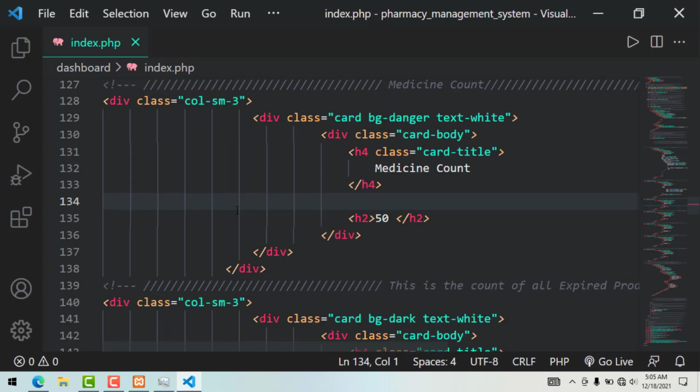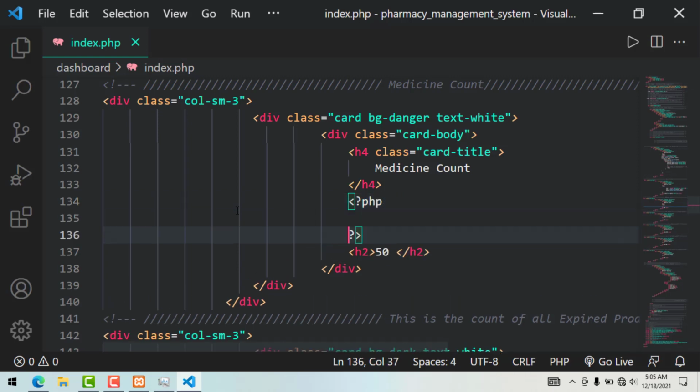So again, for that we write the PHP opening and closing tags. So PHP, and first of all it's to fetch the data, so we have to write the select statement. So SQL is equals to